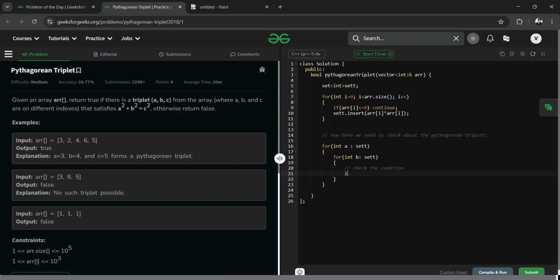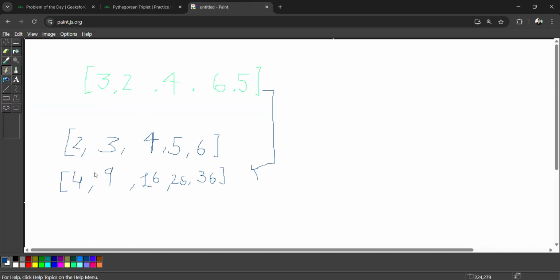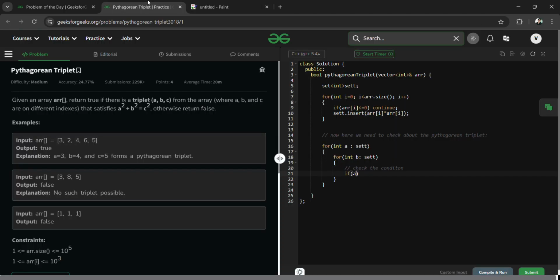So here we have to check if we are adding these numbers, let's say 4 plus 9, and if it is equal to the square, let's say 9, which is not there. So this does not follow Pythagorean triplets. But if I check 9, 16 and 25, 9 plus 16 gives 25. So yes, it will form the Pythagorean theorem. So here we have to simply return